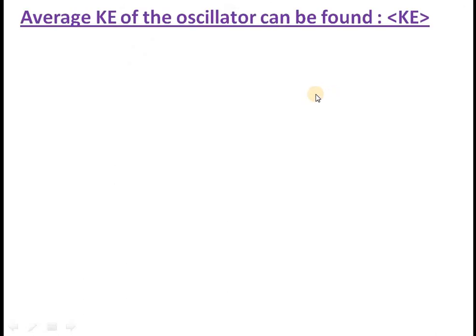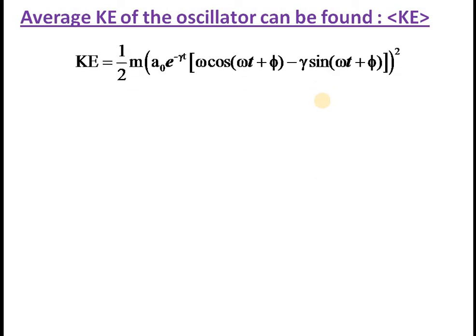Now you know instantaneous kinetic energy or potential energy do not carry much physical meaning, so we usually find average kinetic energy and average potential energy. How can we find average potential and average kinetic? We know the instantaneous values are given like this. How will you find the average value? You find the total kinetic energy in a complete cycle. That is done by the integral of k dt, which gives the total kinetic energy in one cycle. 0 to T shows that one cycle.